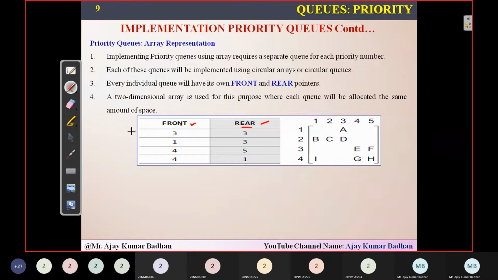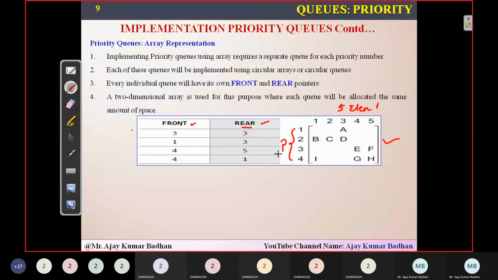Now I'm giving the priorities here. So if you see here, this is a matrix representation. This one you can see here, 1, 2, 3, 4. How many priorities am I taking here? 4 priorities. And if you ask how many elements I can store for each individual priority here, 5 elements I can store. So this is a matrix of 4 by 5, isn't it?